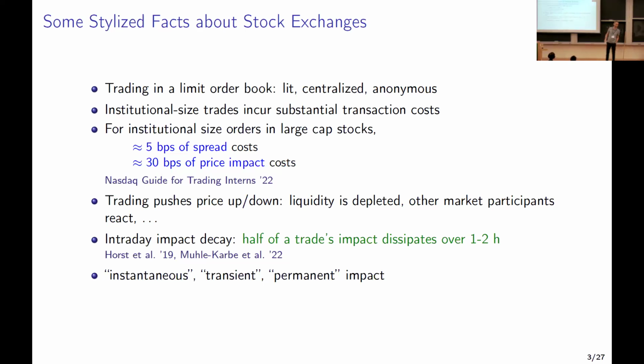If you talk to a friend at a sophisticated quant fund, maybe he will tell you it's more like 3 basis points. Okay, so that's the order of magnitude, whereas price impact costs would be maybe 30 basis points for large caps. And if you go to slightly less liquid stocks, maybe small caps, it could be maybe 90. Okay, so we're talking about